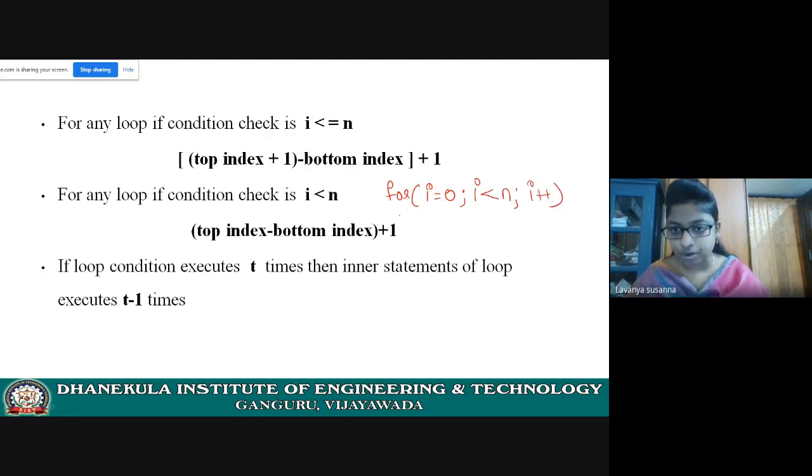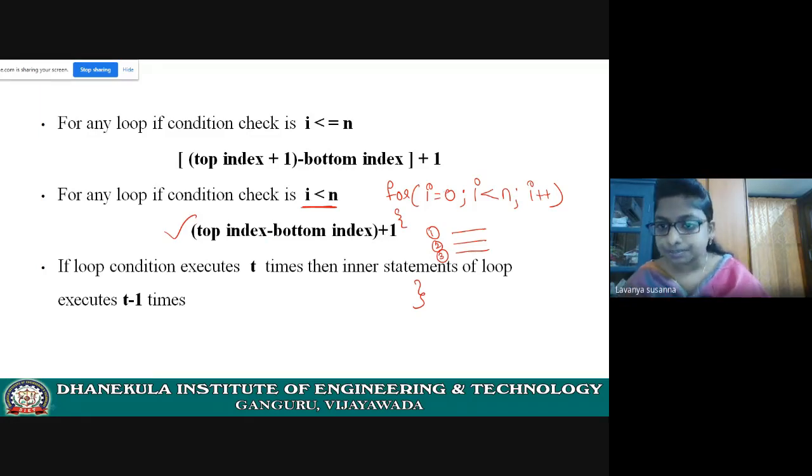There are some statements inside the for loop. Now see, this is the condition, I less than n. If I is less than n, what is the formula you need to use? This formula: top index minus bottom index plus 1.